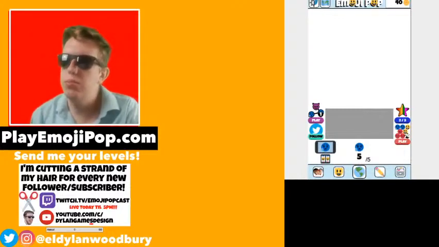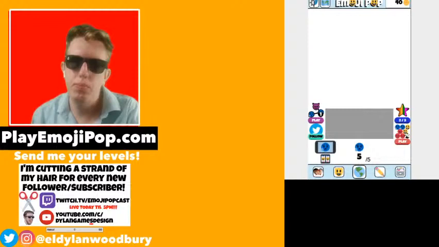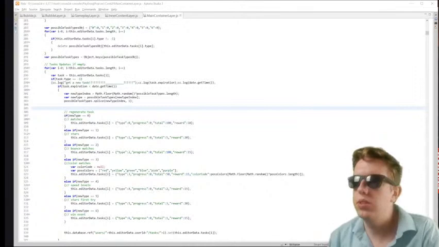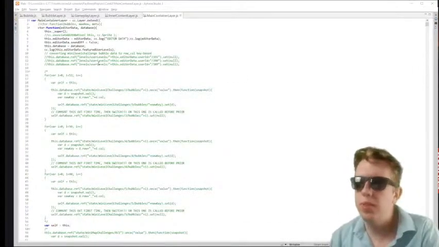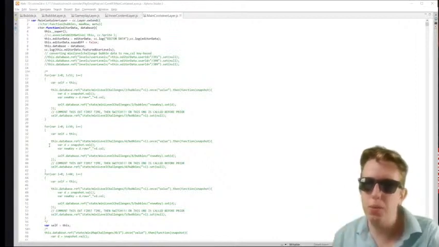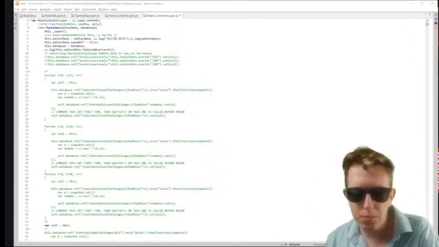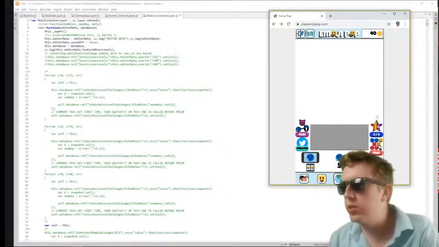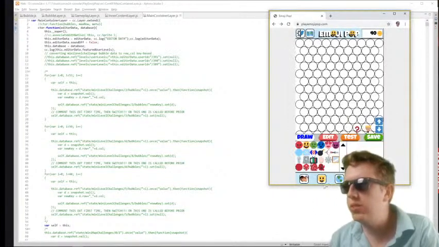Alright, so we're going to have to make some new files in our code. These are the files up here that I have open. These are just the main files. I have the main container, and this is the main screen for the game. So right now the way UI works is, let me open the game real fast. The main container layer is this whole thing. It controls all these different UI tabs.